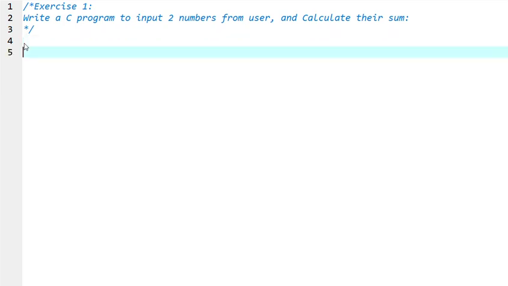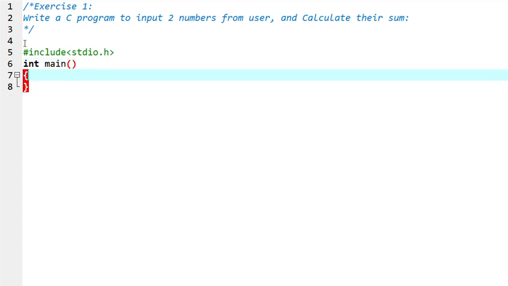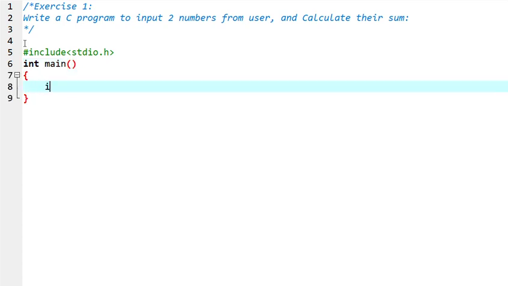And all the C programs start with #include <stdio.h>, then int main. Integer number1, number2, and sum. Now,